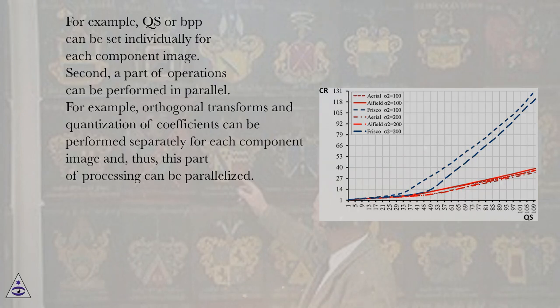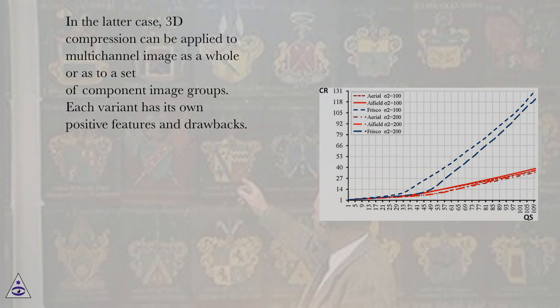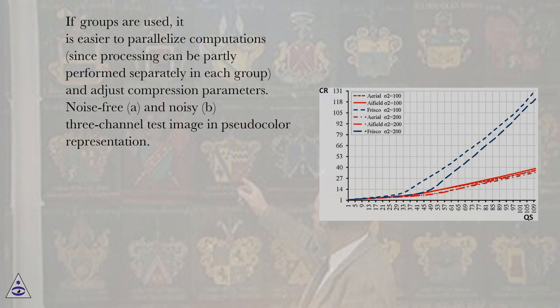Second, a part of operations can be performed in parallel. For example, orthogonal transforms and quantization of coefficients can be performed separately for each component image and, thus, this part of processing can be parallelized. In the latter case, 3D compression can be applied to a multi-channel image as a whole or to a set of component image groups. Each variant has its own positive features and drawbacks. If groups are used, it is easier to parallelize computations, since processing can be partly performed separately in each group,